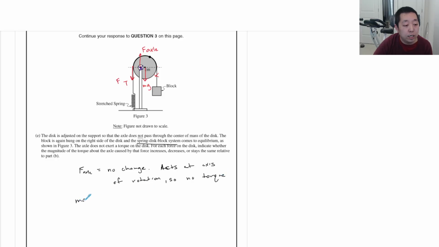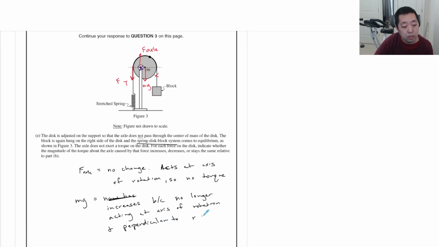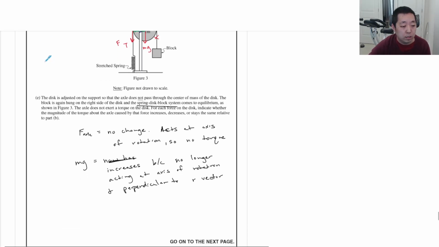Okay, and then mg, it now has more torque, so it increases, because it's no longer acting at the axis of rotation and perpendicular to the r vector. Because this now has a torque, if you draw an arrow from there to there, it now has a torque. This one, the torque reduces because the r reduced, right? Ft decreases